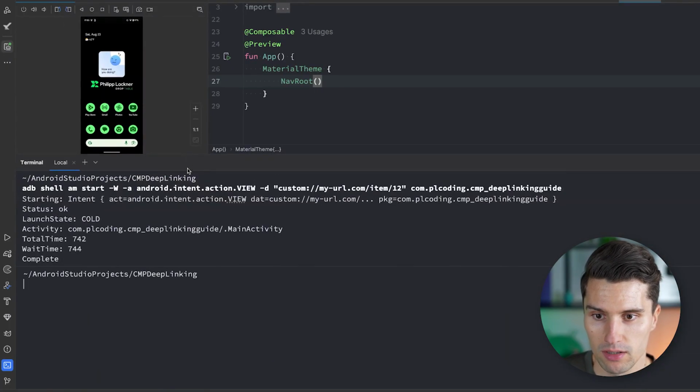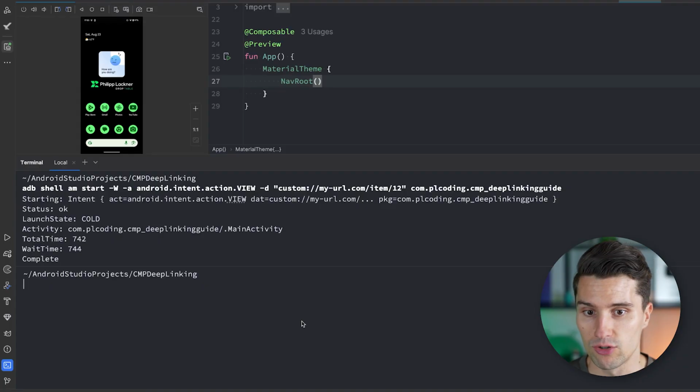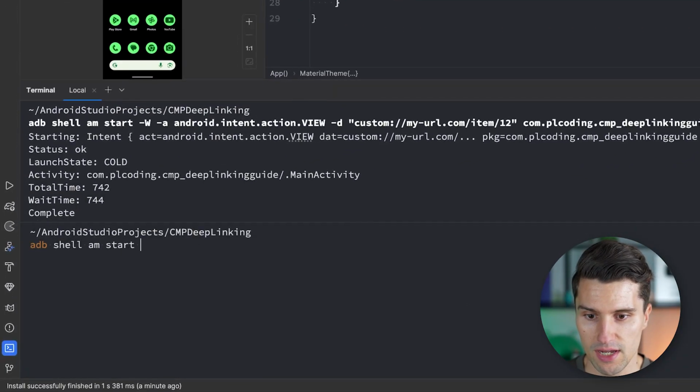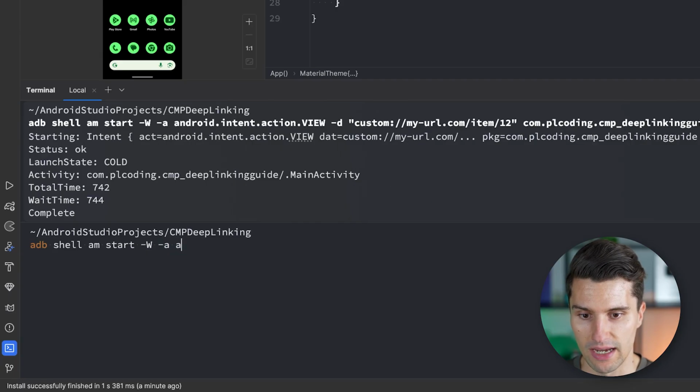ADB is the Android Debug Bridge that will allow us to send certain commands directly to our Android device. So we will type this command, adb shell am start -W -a. Then we want to define the action here with this -a tag, which is android.intent.action.VIEW. So the same action that we've specified in our Android manifest. Then we want to define the domain with a -d, which in our case is